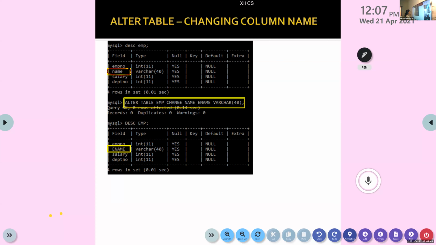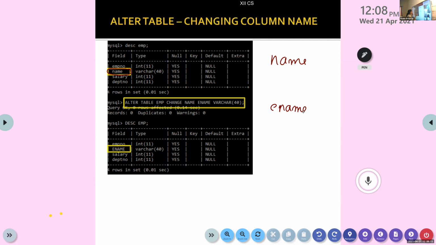And you want to change it to e name. So see the query: alter table EMP, change old name, new name, data type.